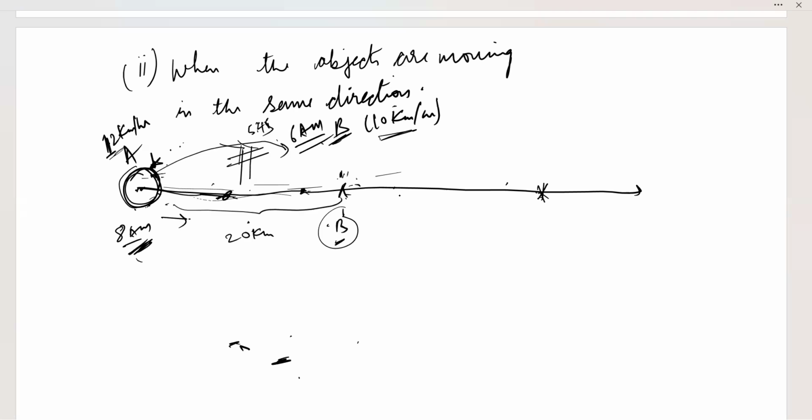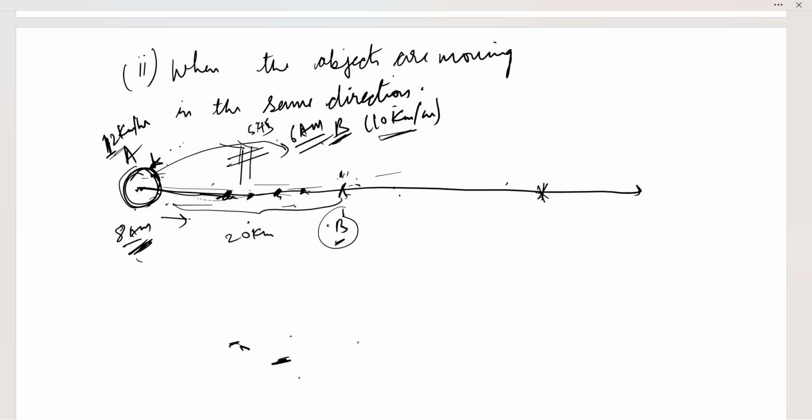this person A, कि उसके फीट के पास में जो पत्थर है। It will observe that the stones are also moving backwards at a speed of 10 किलोमीटर पर आवर। ओके, बैकवर्ड जा रहे हैं।